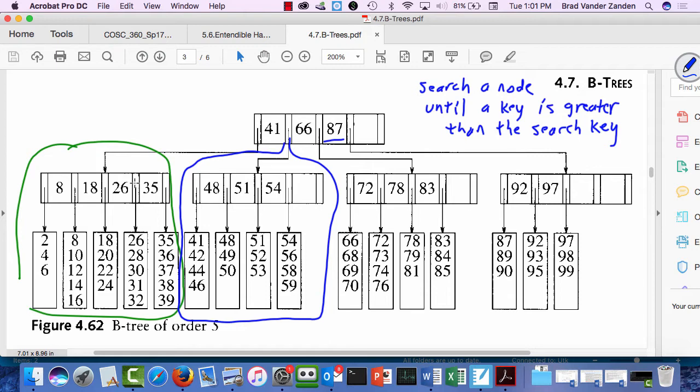So let's start with 81. We're going to search through here until we come to a key that's greater than 81, and that's 87. When we do that, we move to the left child. So we search a node until a key is greater. Okay, descend to the left child